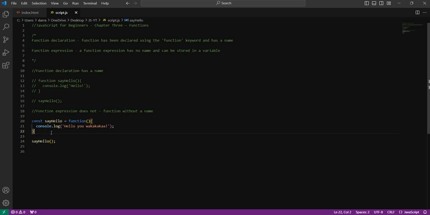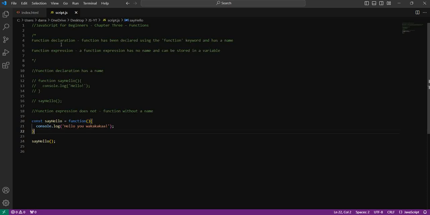Okay? So key takeaway from this tutorial, just be aware that you can write functions in many different ways. We already saw this with loops, for example. We saw how you can write a for loop, a while loop, and a do while loop. There's another type of loop that's very popular called the for each loop. So there's different ways of writing loops. There's also different ways of writing functions. So far, what we've seen